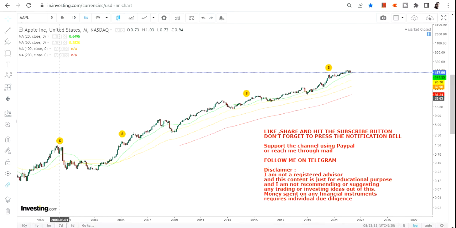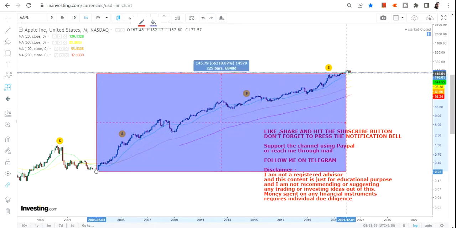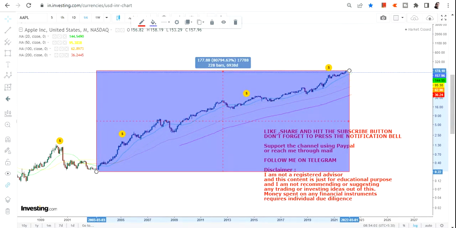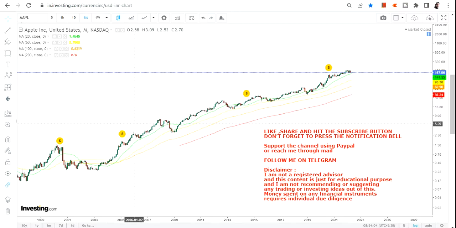Friends, in this video we are going to discuss the long-term chart of Apple Inc. Now, there are very rare instances when good stocks actually give some sort of correction or a dip for a considerable amount of time. We have seen this time and time again, but over a period of time, if you are looking at the returns, for example from the lows of 2003 to the current highs, it's 80,000% or more than 80,000%. I mean,